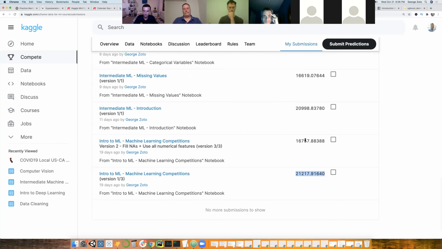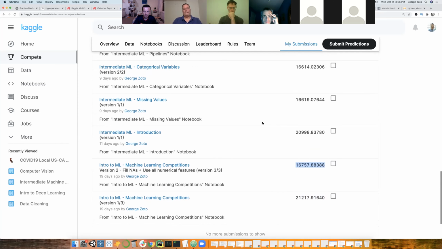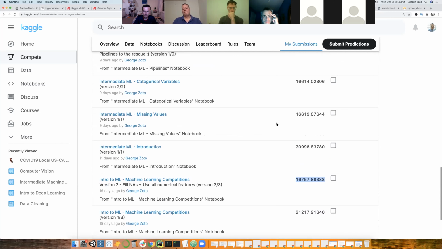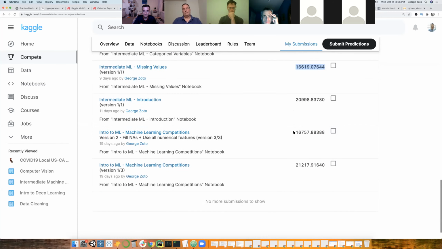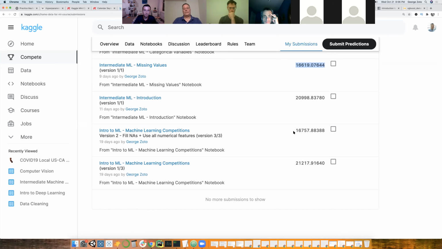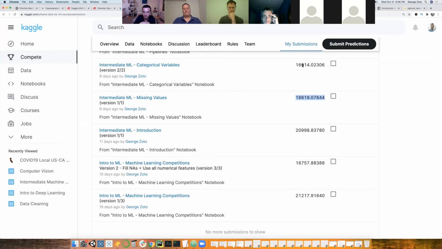That gave me a good score, about 16,000 on the test set. Then I think the best for missing values was imputation. I got about 16. Then categorical, about 16,000, and so forth. So it's interesting to see how the score goes as you introduce more and more features to your model.